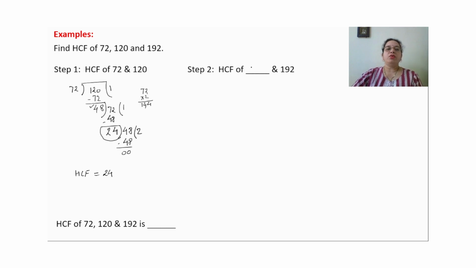Now we will find the HCF of 24 and the last remaining number, 192. So again 24 is the smaller number, so we will consider it as a divisor, and 192 as a dividend. So now we can try by number. Can we try with 3? 3 4s are 12, carry over 1, 3 2s are 6 plus 1 is 7. It's a smaller number, so we can try with